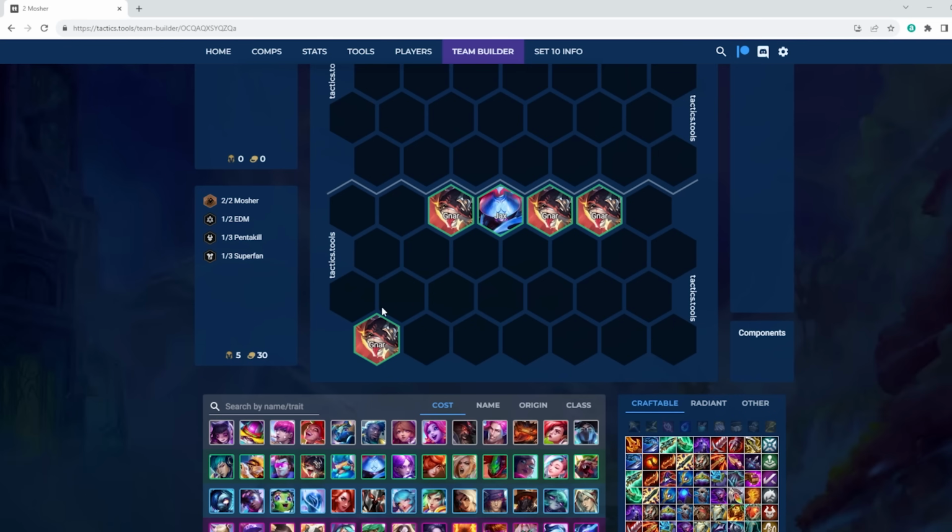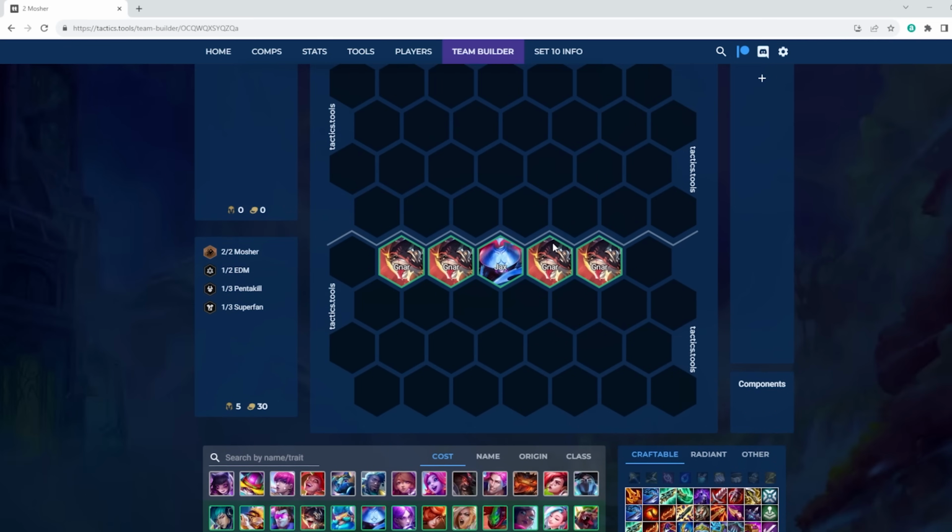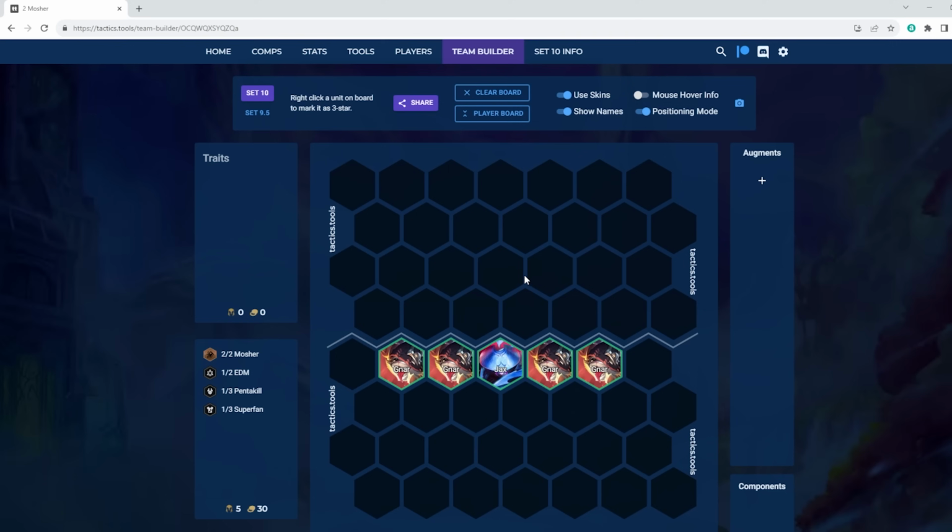Like so. It's going to keep him nice and safe. He wants to take a bit of damage because he's a monster. He's going to be healing up. Again, a lot of times you run a healing item on him anyways, and you don't want him to have to walk up. So having him in the middle of front line is going to be good,